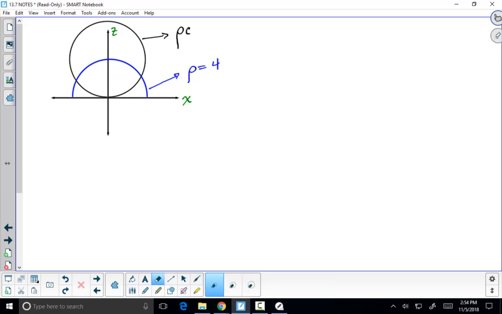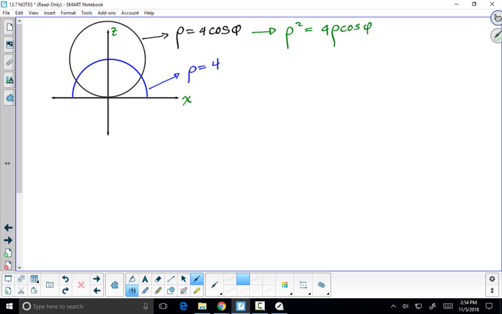Rho equals 4 cosine phi, is that what you said? Let's check. So let's figure out, what does 4 cosine phi look like? If we wanted to convert this over to rectangular, let's check. If we multiply both sides by rho,